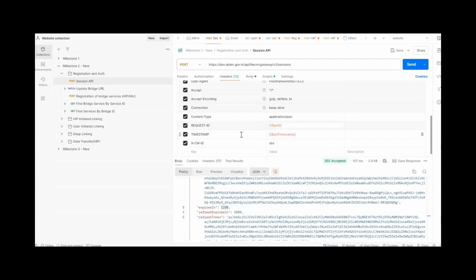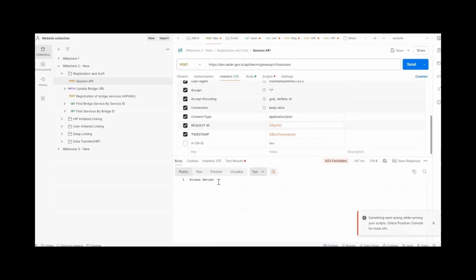The timestamp should be in ISO format, and the XCM ID would be SBX for the sandbox environment and ABDM for production. Often, integrators face an access denied issue when invoking this API because they haven't passed these three mandatory headers. If any of these headers are missing, you will get an error, so ensure that the headers are correct